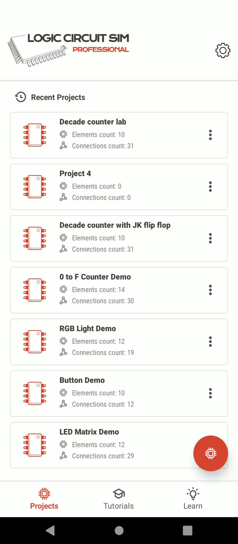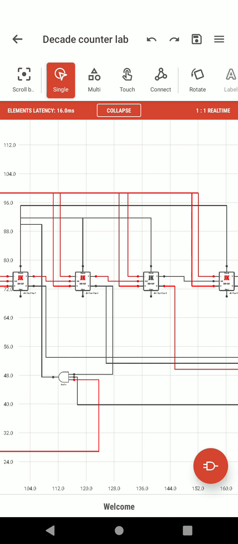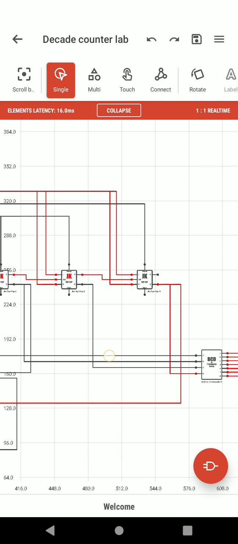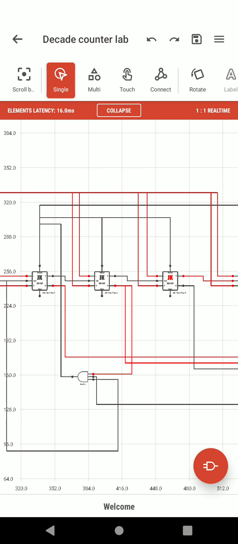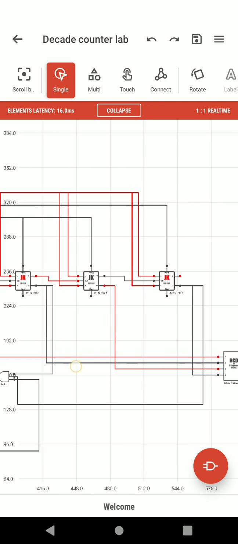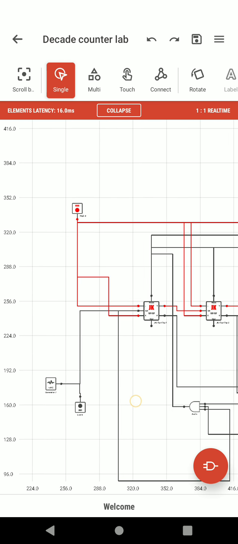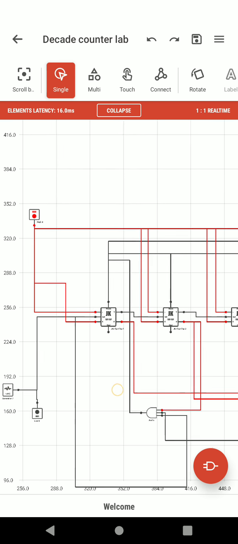So here I have already done it. So let's see the circuit. So this is the circuit. In the circuit there are 4 flip-flops. We need to take 4 flip-flops, and there is an AND gate, and there is low and high. Low indicates it's a ground, and high indicates it's a power supply, and that is the generator for frequency.